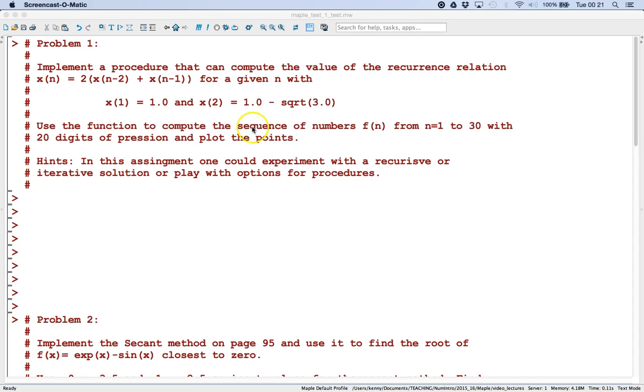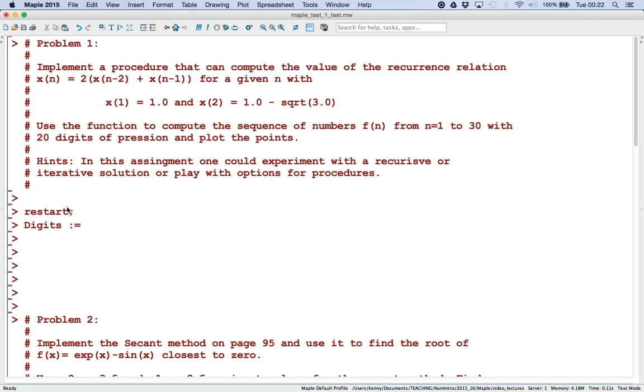Use the function to compute the sequence of numbers f of n from n equals 1 to 30 with 20 degrees of precision and plot the points. Okay, so let's get started. In Maple, it's always good to start out by restarting everything, so we have a clean environment. We should use 20 degrees of precision, so let's make sure we are doing that